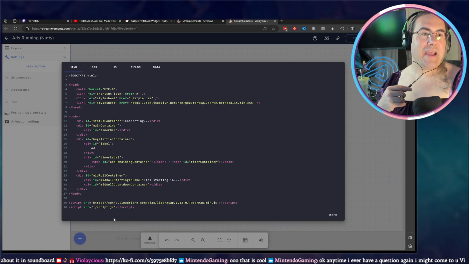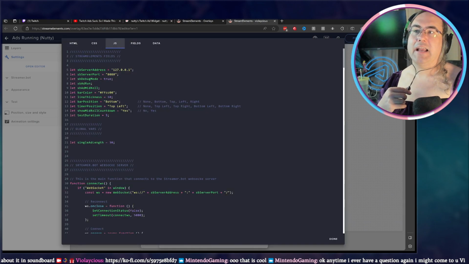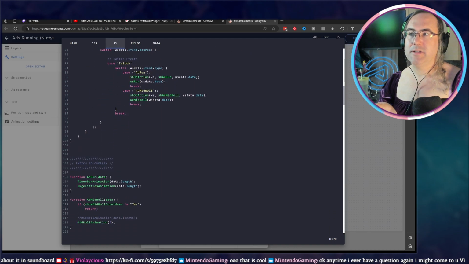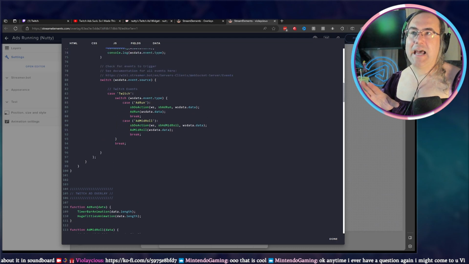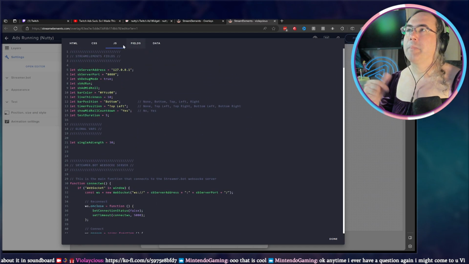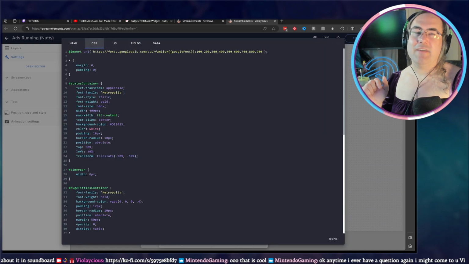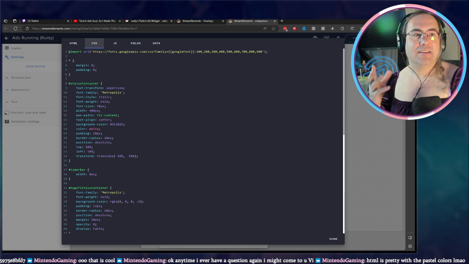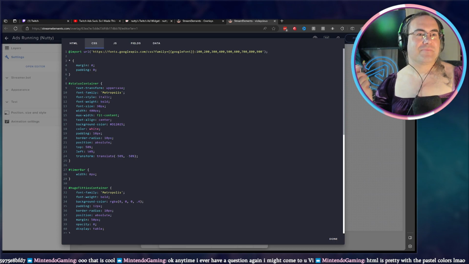So you're just going to paste in the HTML right into here. In the JavaScript, again, you're going to just copy and paste what Nutty's provided right into here. I don't recommend making any changes in here unless you do know script. You can see what is happening here because he's done a good job of actually recording the notes on what is going on inside of here. The one thing I will say, if you want to change it, pop into the CSS. Yes, it's a lot to look at, and you might want to change it.